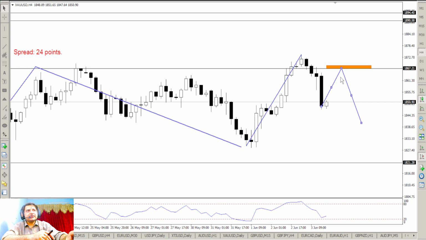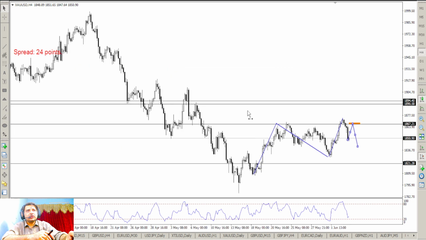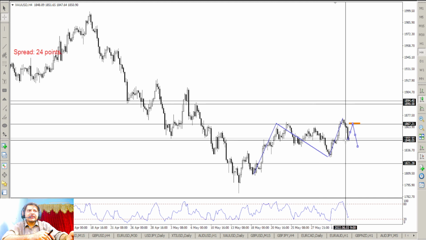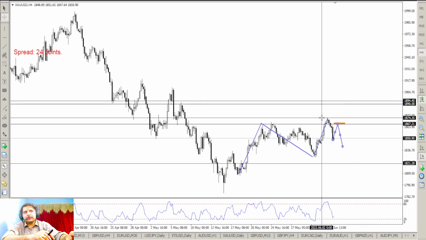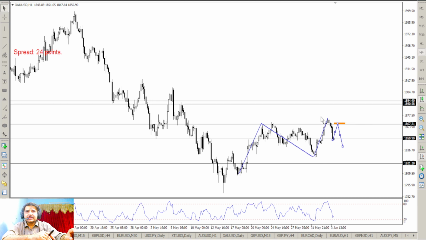And the second opportunity I can avail for the long term trades, obviously, is to take a buy from here and exit my trade at 1894. But this breakout will be very much important for me. I will be closely observing the 1871 level, because just like I have told you right here, don't take this breakout trade, and I have received a dozen messages in which most of you have told me,